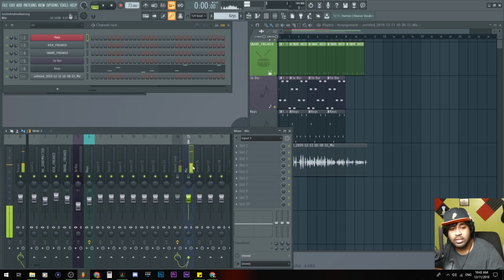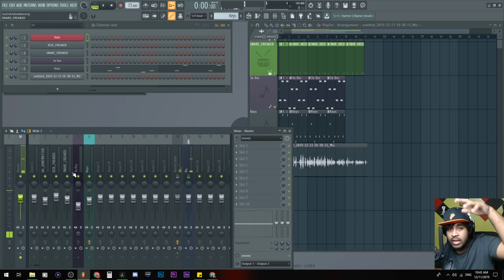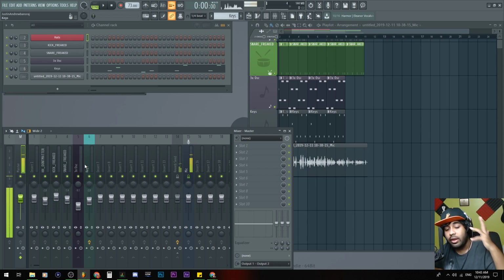Last thing to talk about, with the exception of these little quick EQ tools right here, there you go, and the output, don't worry about that one, is the master insert. This master insert is, like I said, going to be the final output. It's what you're hearing in your ears. Everything's going into this master insert.